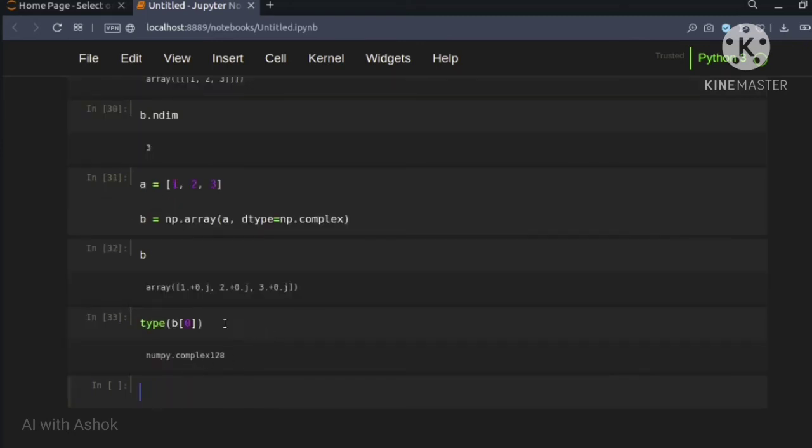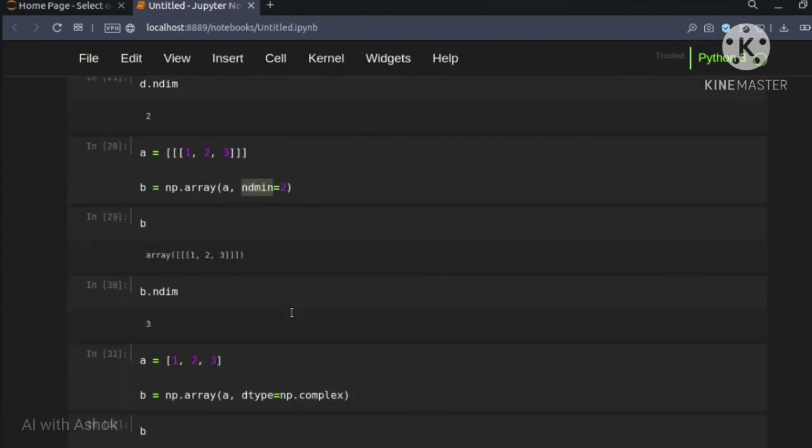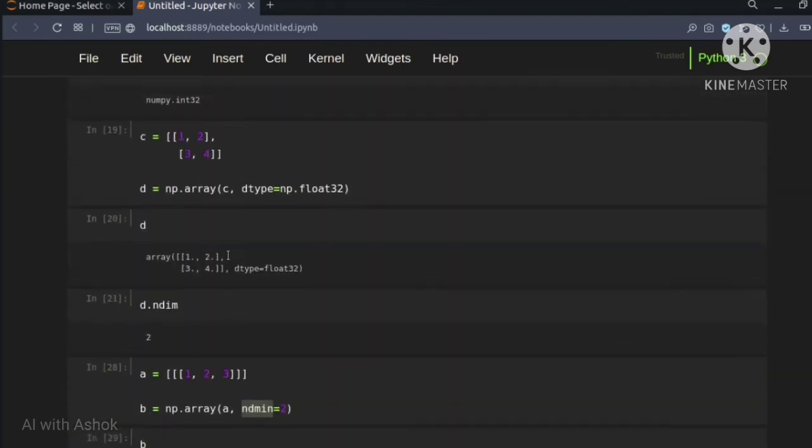So this is a complex data type, and it has a size of 128 bit. Here integer is having 32, float 32, so it can have 32 bit. This is having 128 bit. I think for this one, the real part has 64 and the 0j has 64. Like that.